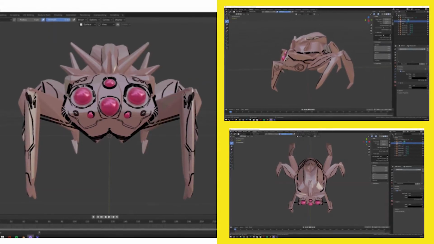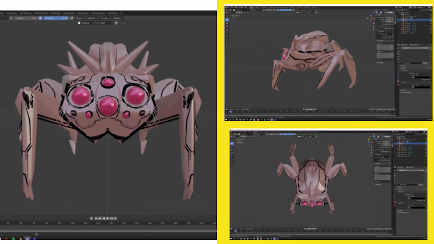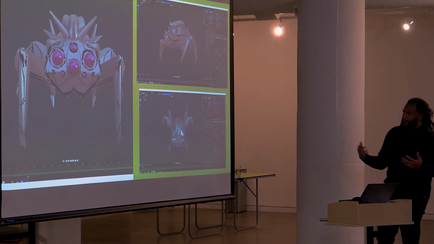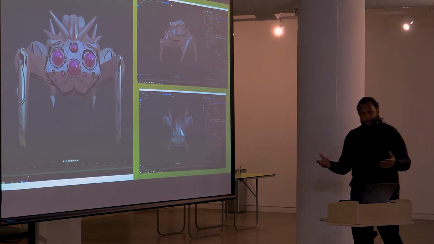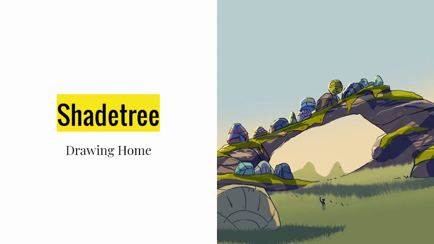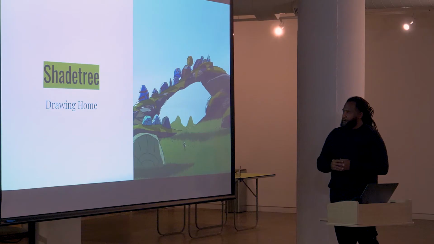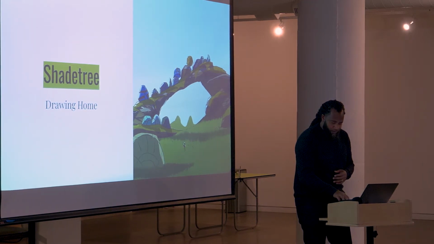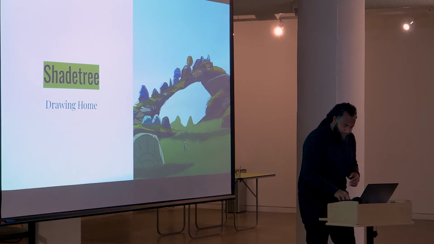And I can further iterate on top of it and figure out form language and things like that, just using 3D applications and tools to further enhance that relationship to something that's not tangibly real. This even can apply to something as simple as the village that Kudzu, the main character, lives in. His home being Shade Tree, a really idyllic place to grow up in.